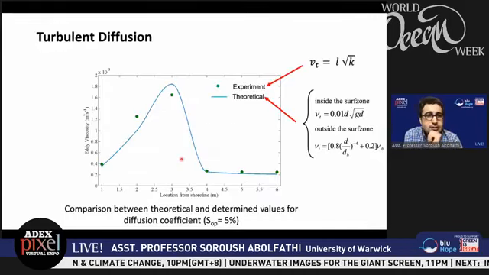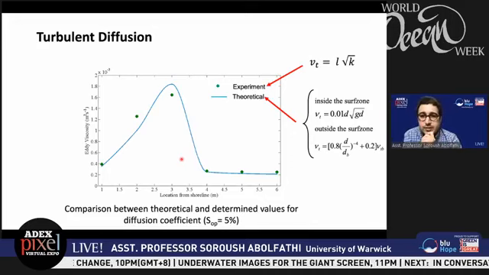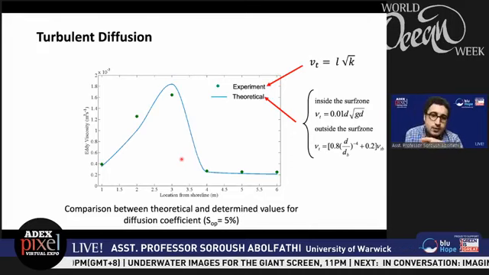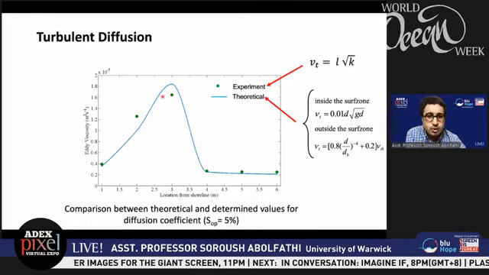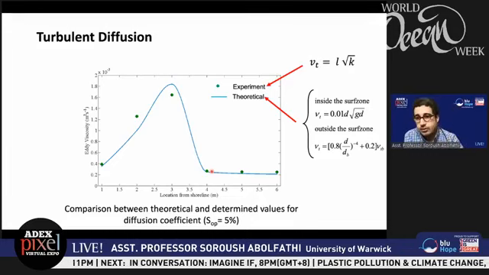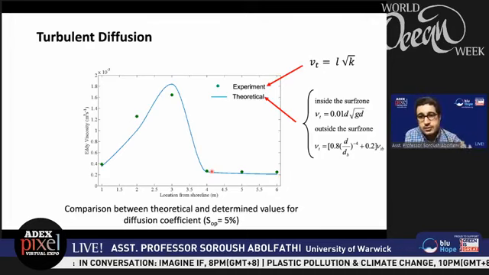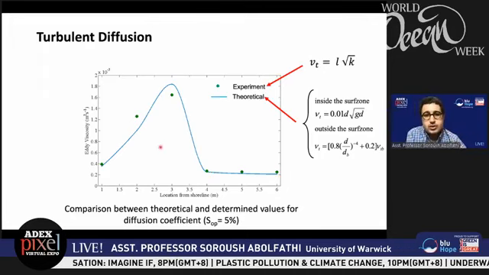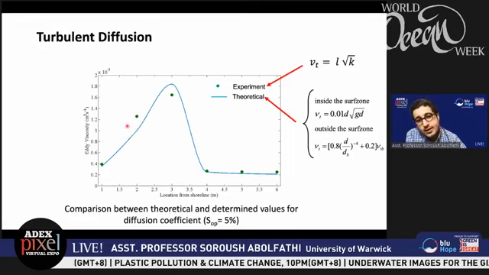And what we did, quantifying the first mechanism, turbulent diffusion. So what you see here is the experiment, what we got from our hydrodynamic model, and the blue line is the well-established theoretical line. We are doing very well. In fact, we're doing better than the theoretical model, because what we realized is that the mixing just landward of the wave breaker is actually a little bit higher. So it is a really good result.